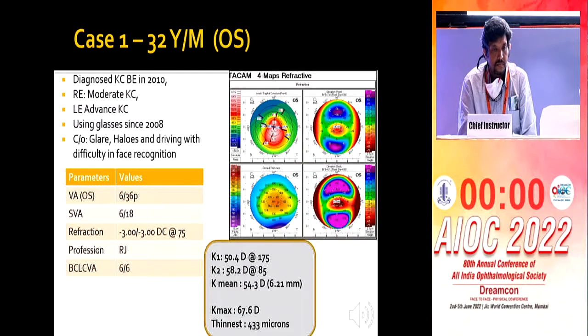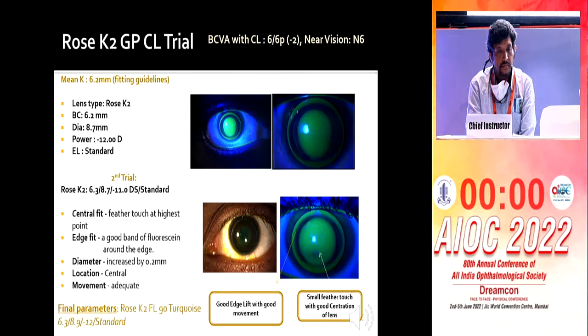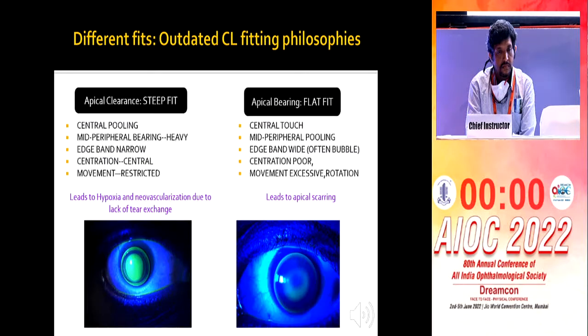An illustration: there's a patient with moderate and advanced keratoconus, bilaterally affected, using spectacles, but having troublesome glare and halos with driving and difficulty in face recognition. And with a contact lens, the patient was able to get full vision of 6/6 and was comfortable and was able to avoid surgery. These are the fitting parameters for the patient,